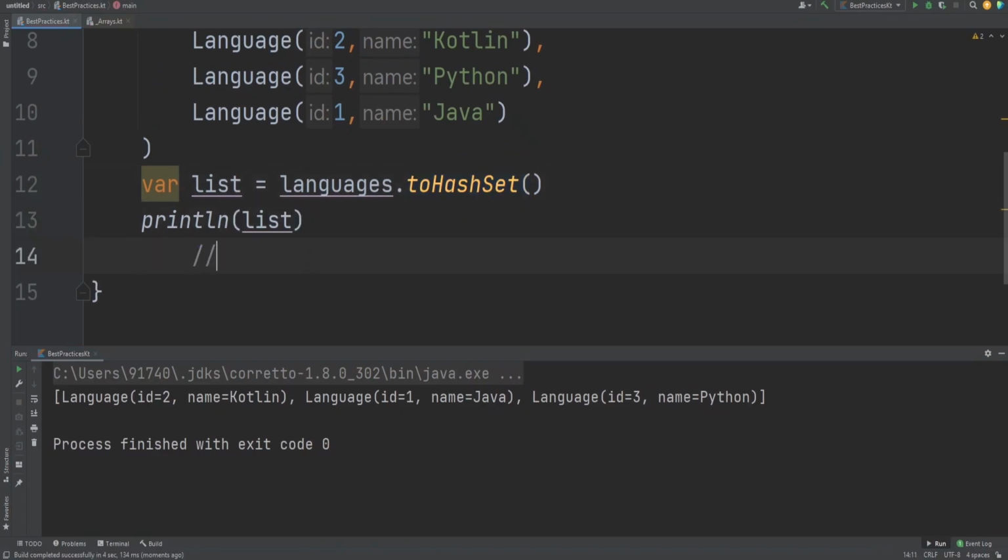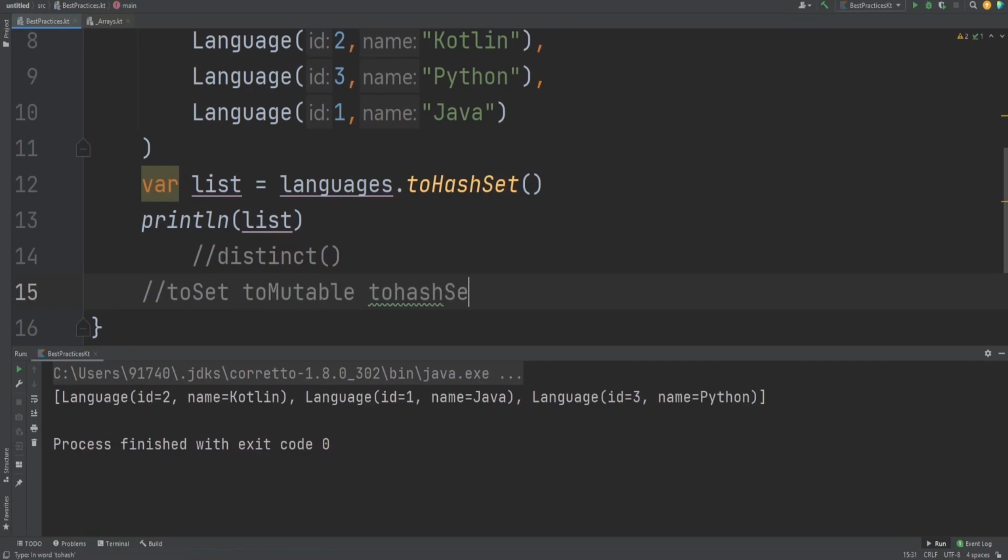First we see the distinct function, which is obviously the function which many of you are going to use. The second function we saw is the toSet method, and then we saw toMutableSet, and then we saw toHashSet. Okay, so there are some differences here, and you need to think about that before using those functions. So with distinct, it just returns a list of those objects or values, and toSet is going to return you the set which is not